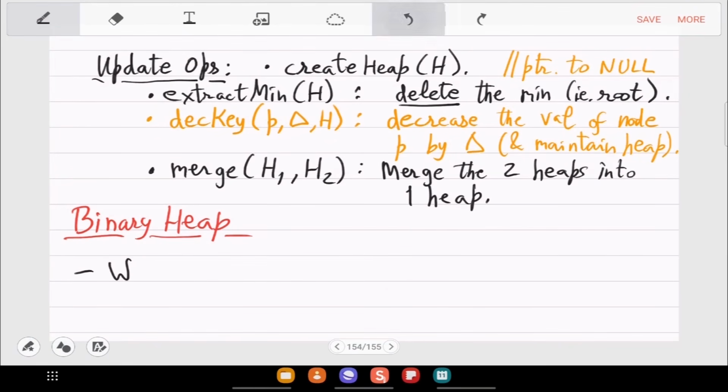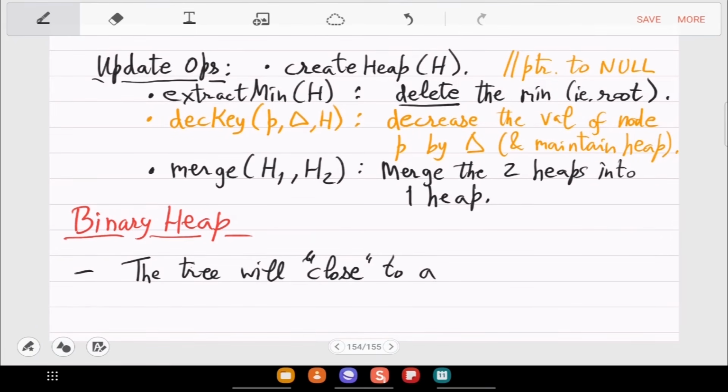So our heap, the tree will be binary. Will be close to a complete binary tree. And stored in an array.